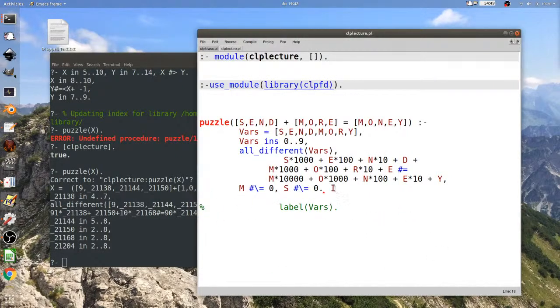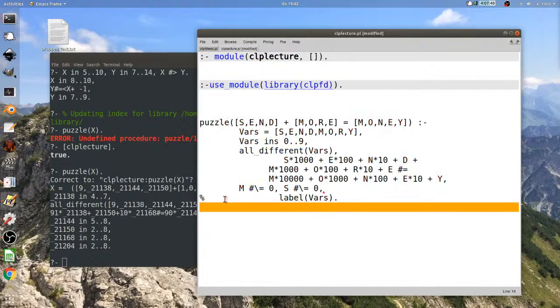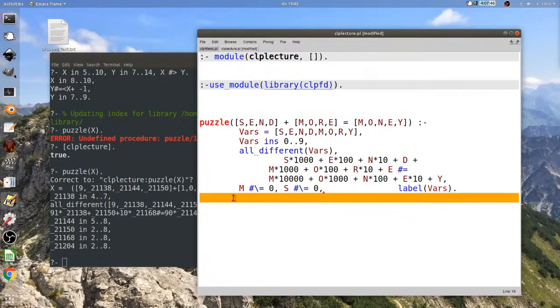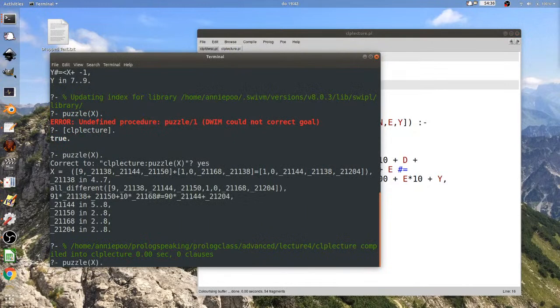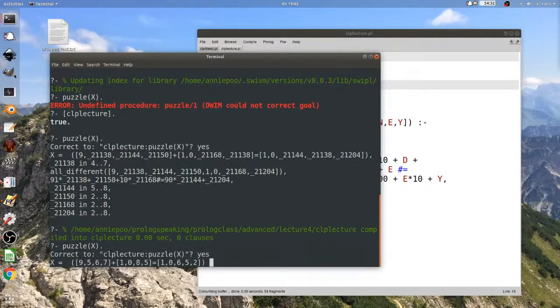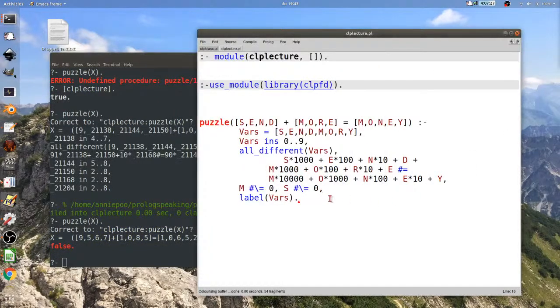So, okay, instead, yeah, now it gives me what I want. And it turns out there's only one. So how's that happen?